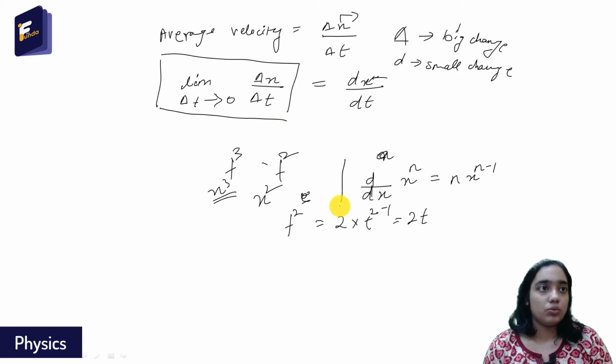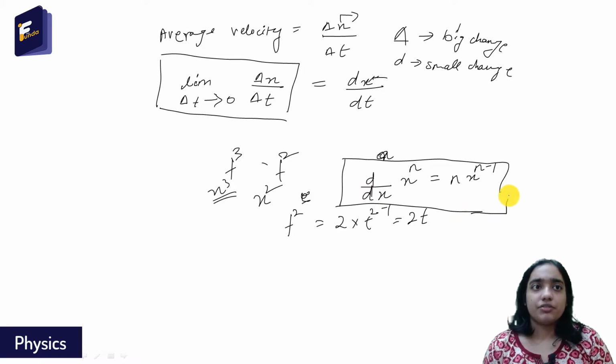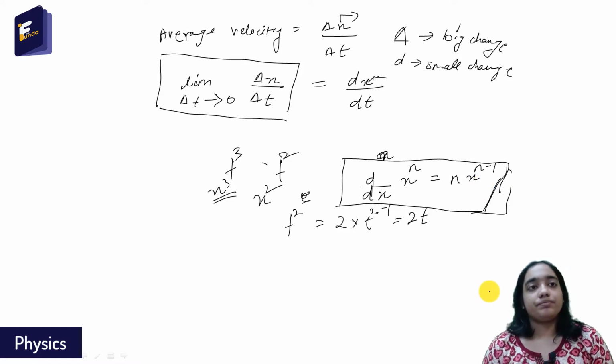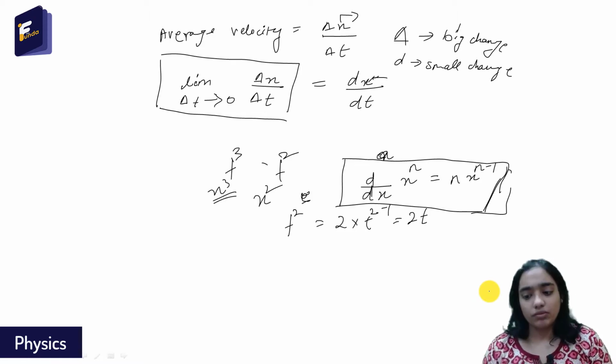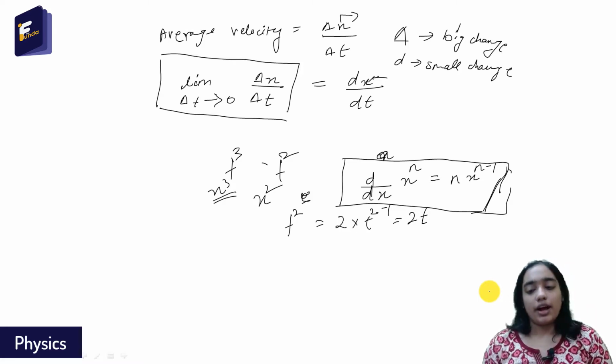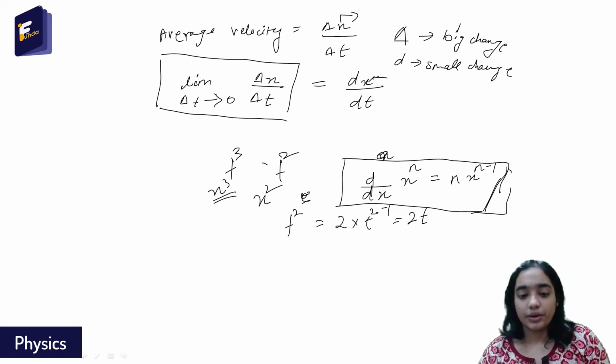This is just a formula. We always differentiate a function with respect to a variable, and after differentiating x to the power n, you will get n x to the power n minus 1. Okay, this is a simple formula, nothing complicated. Just remember this and we will discuss it later. So